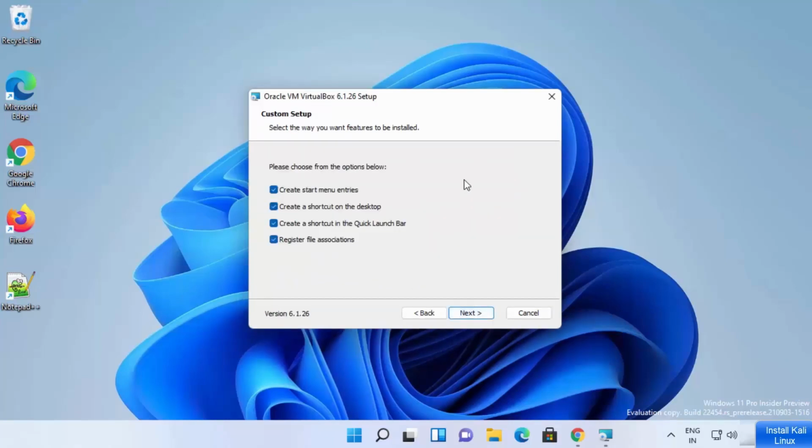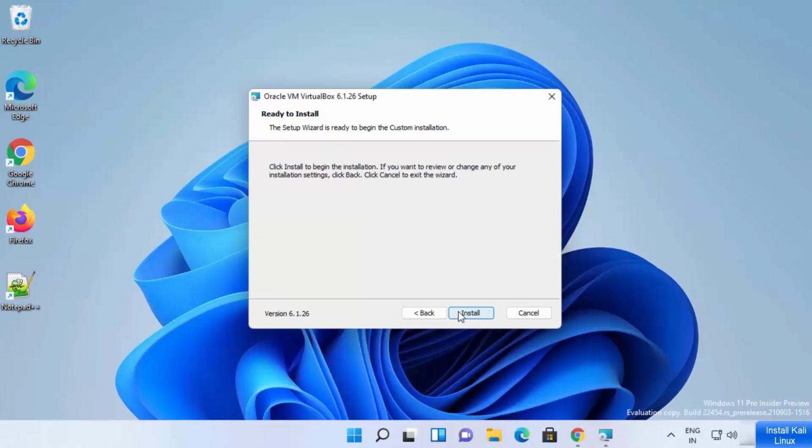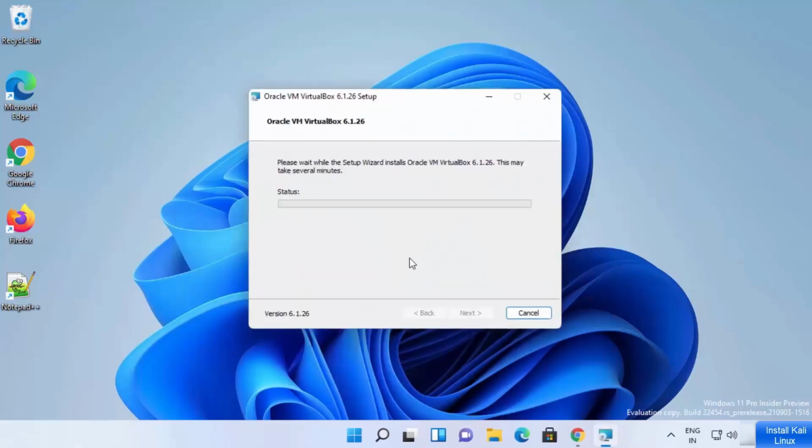So if you don't have a good reason to change this location, just leave it as default and then click on next. So on the next window you can see the custom setup window, and here you can leave everything as checked, and this is going to create a desktop icon of VirtualBox on your Windows 11 operating system, and it's going to create a shortcut in the quick launch bar and other features. So I generally leave all the checkboxes checked, and then I click on the next button, and at this point you just need to press yes and then click on install, which is going to start the process of installation